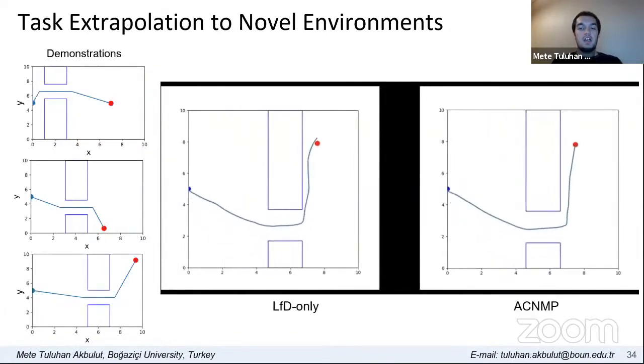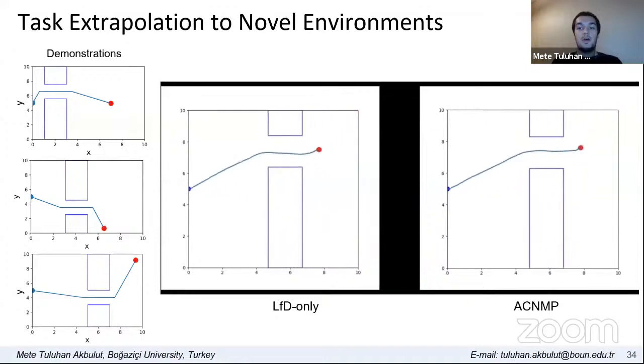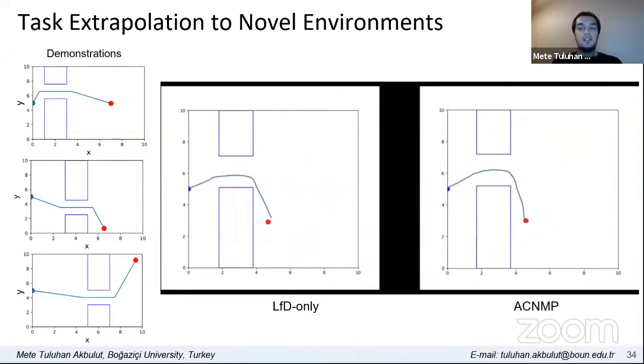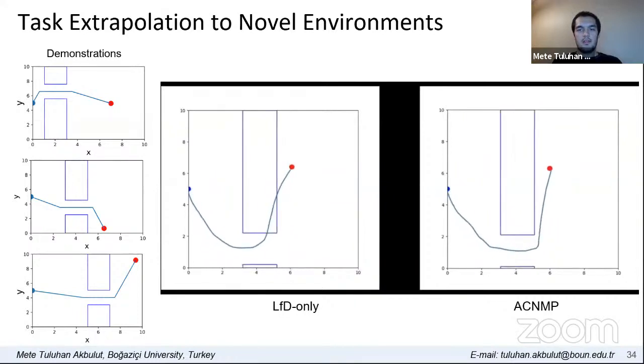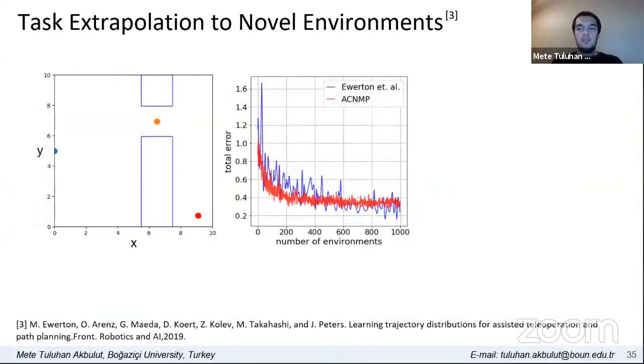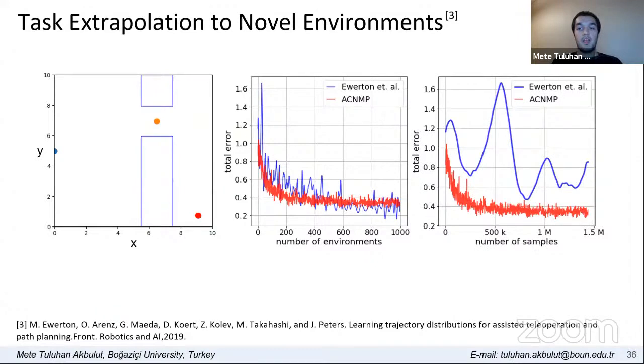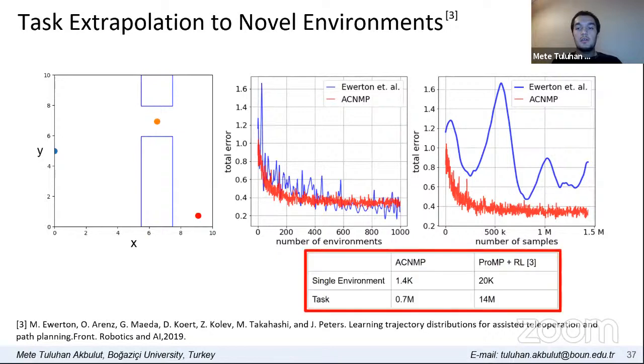Sample demonstrations are shown on the left. The performance of LFT on the model and SCNMP is shown together in the video. As shown in the graph, the baseline and our method are competitive in terms of the number of environments used. However, if we plot the same graph with respect to sample trajectories used, we see that SCNMP requires many fewer samples than the baseline for each environment.